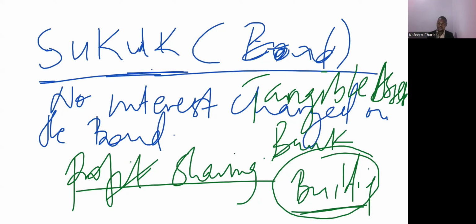As you know, a bond is just a promissory note or a document which you can give out so that you can be able to receive money. And once money is received, the provider of the money will wait for you to pay with the interest, as in the other commercial banks. But with the sukuk bonds, if the sukuk bond is, say, 50 million,